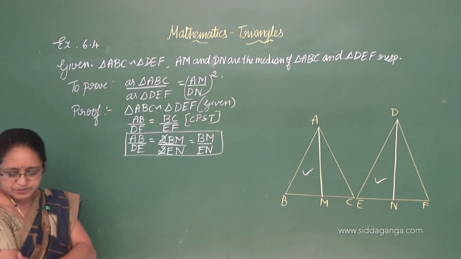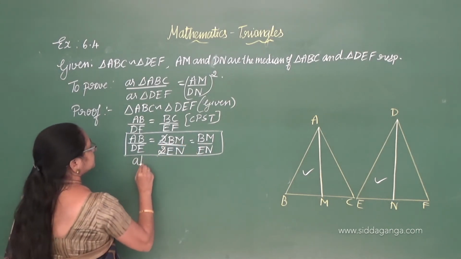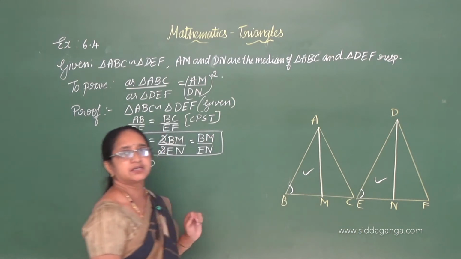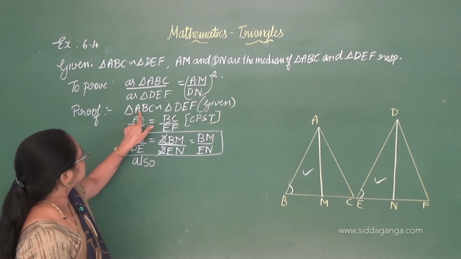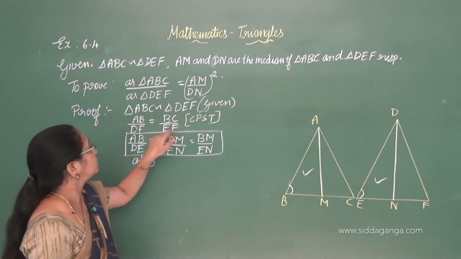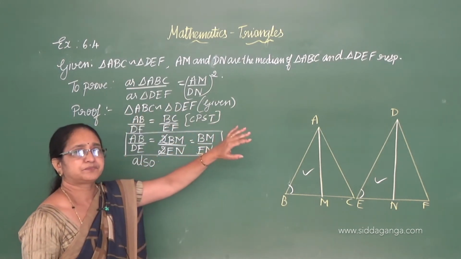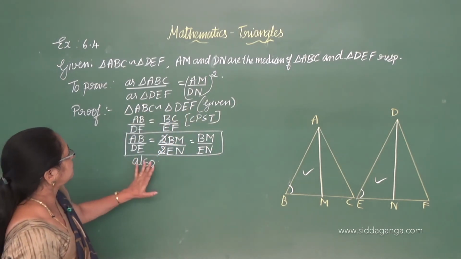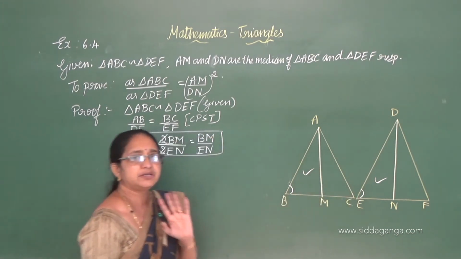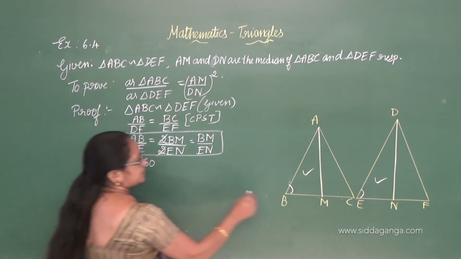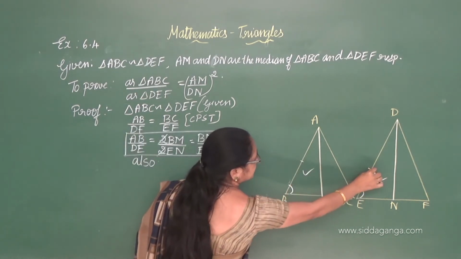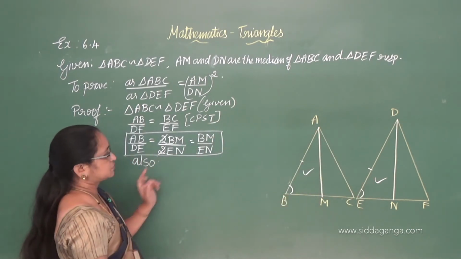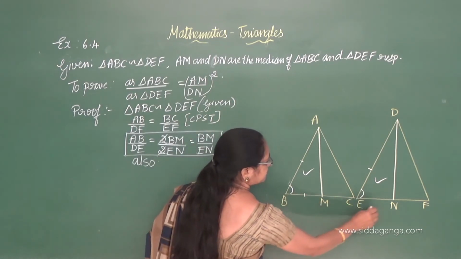what we have to prove now? And in this also, see here angle B is equal to angle E. Why I am taking this only? Because see here, two triangles are similar means you all know the corresponding angles are equal, corresponding sides are proportional, you know that, correct? But I am considering only B and E. Why? I will tell you. See, now we have AB by DE, I will just simply mark for your reference. AB by DE is equal to BM by EN, correct?